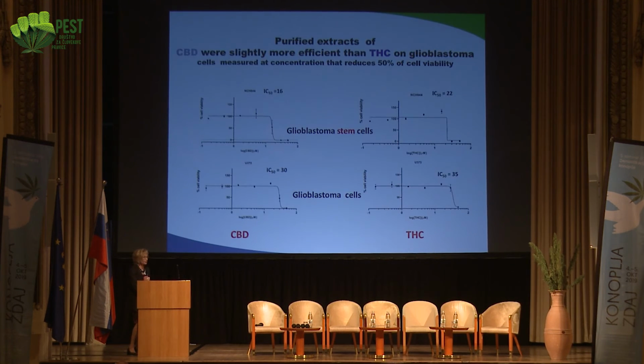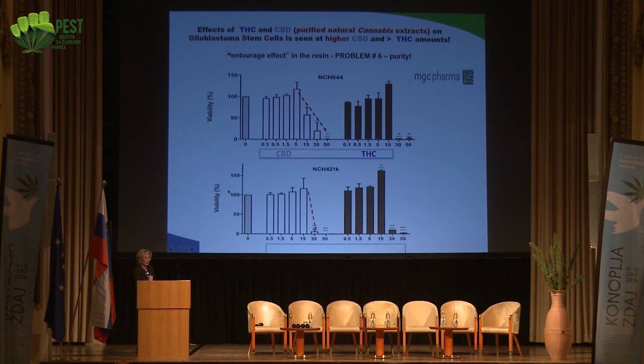So we have determined the so-called IC50 values. These are the values that reduce the viability, or in other words, are cytotoxic so that they kill 50% of the cells in our culture. The lower the IC50 is, the more toxic the substance is, and we have seen that there is a difference between the differentiated and non-differentiated cells, the stem cells, but the differences are not very significant. Actually, we don't know yet.